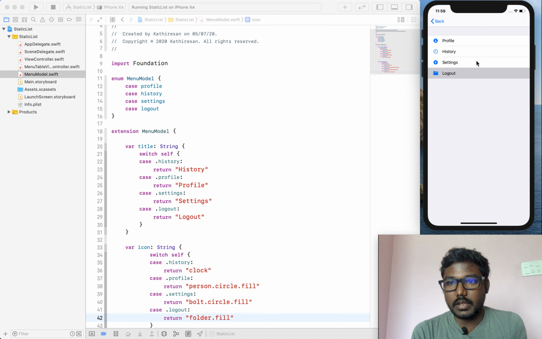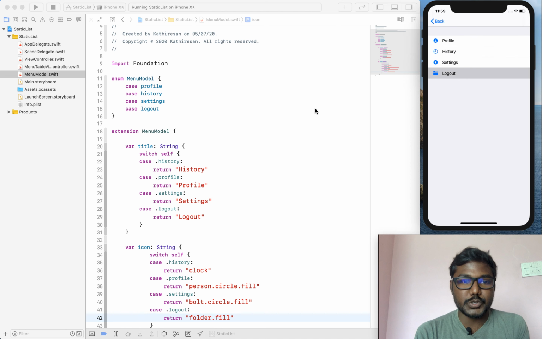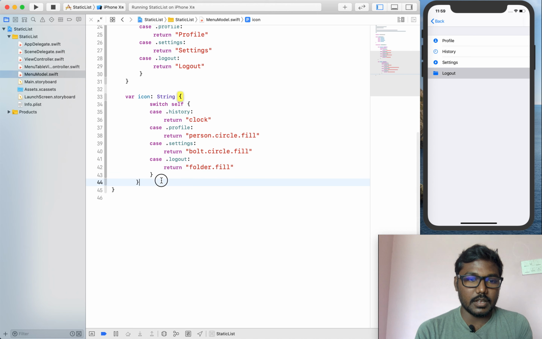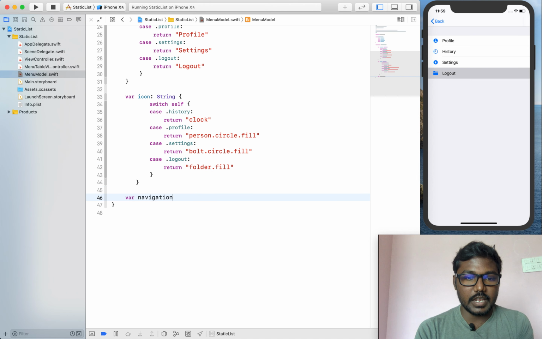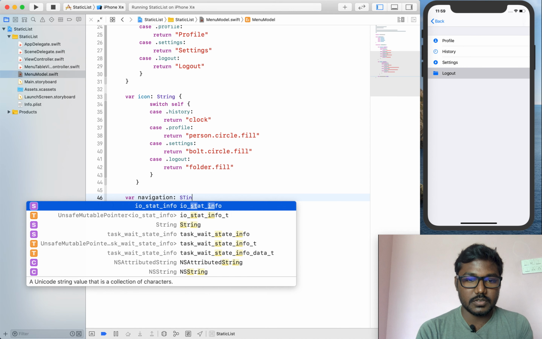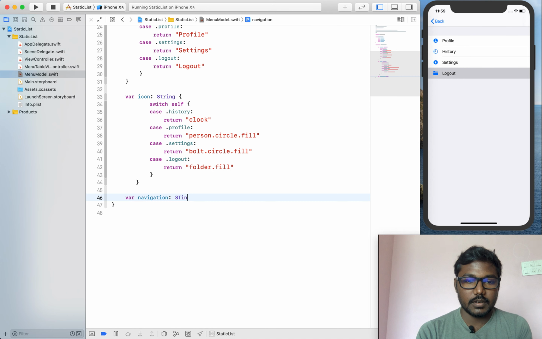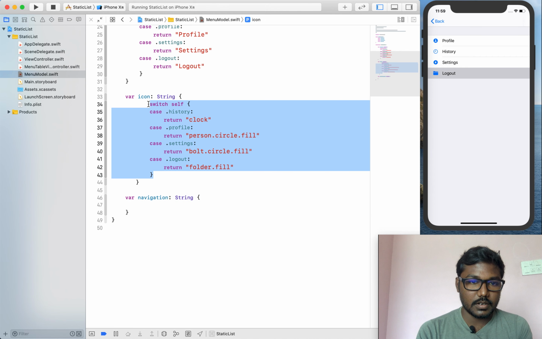If we need any navigation for each item, we can also configure it here, likewise setting the navigation as a string, whatever we need.